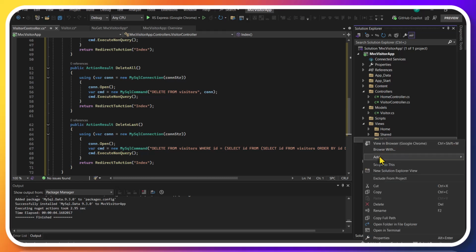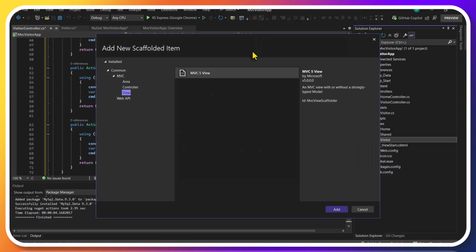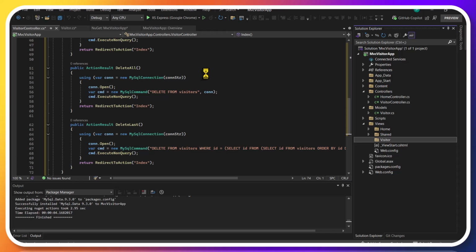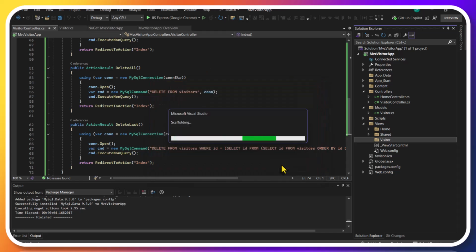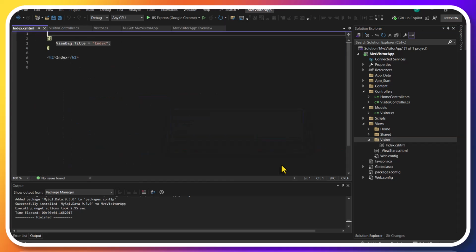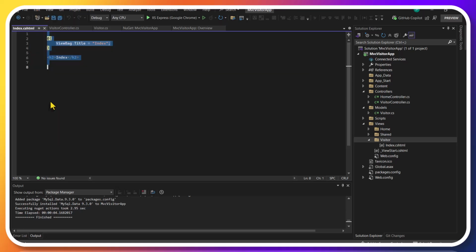And inside it, create a new scaffold item. Its name must be index.cshtml. Select the content and replace it by this new content.